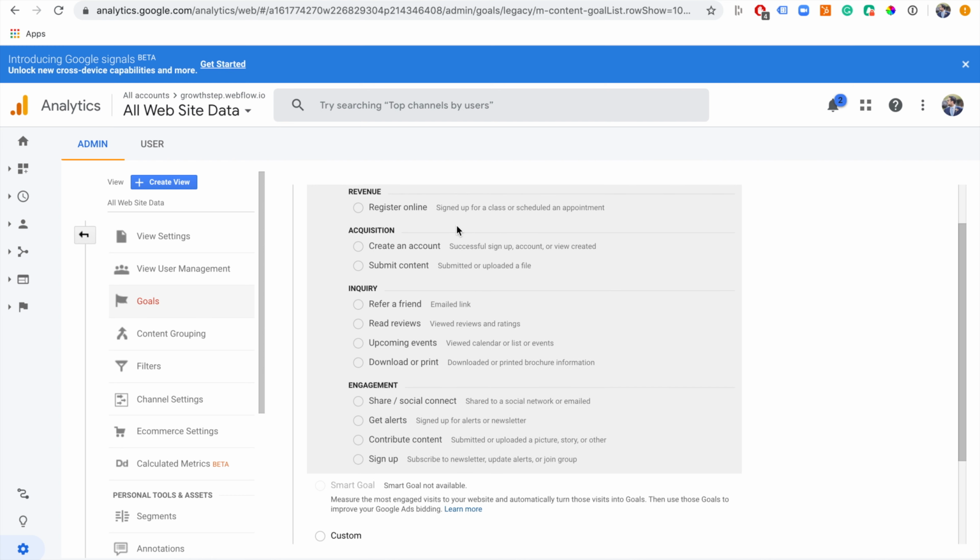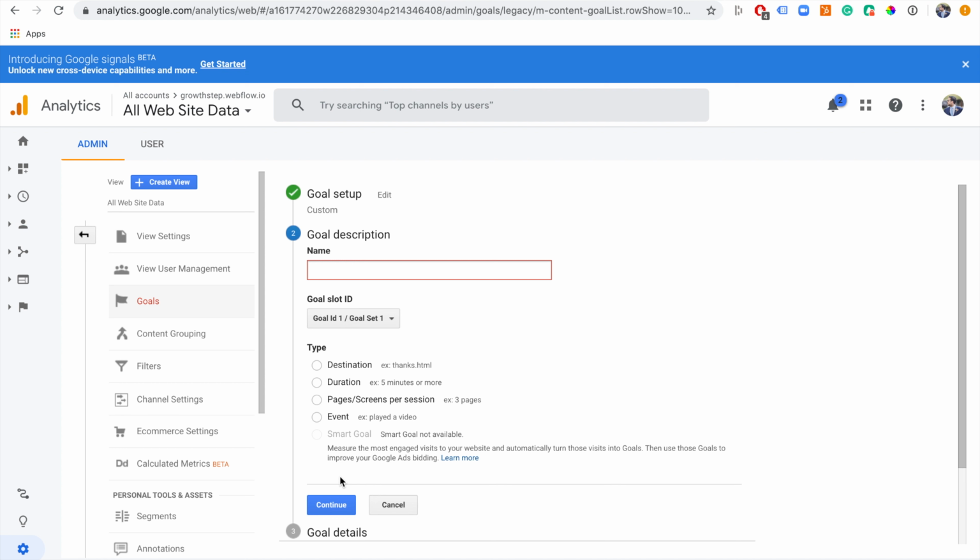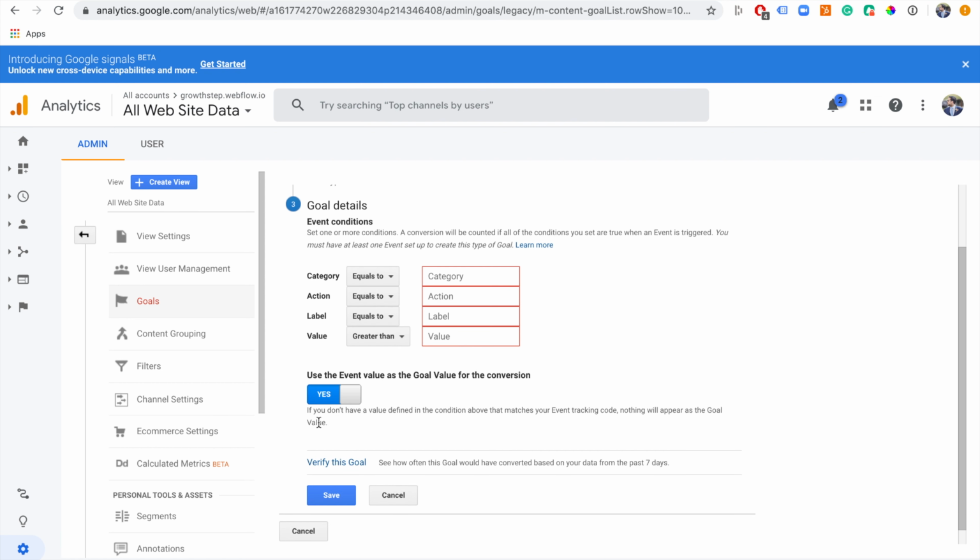And so we're going to choose custom because we're sending a custom event. We're going to give it a name, so clicked button. Spelling is not very good today. And it's a custom event, so we're going to select event here, and now we're actually going to tell it